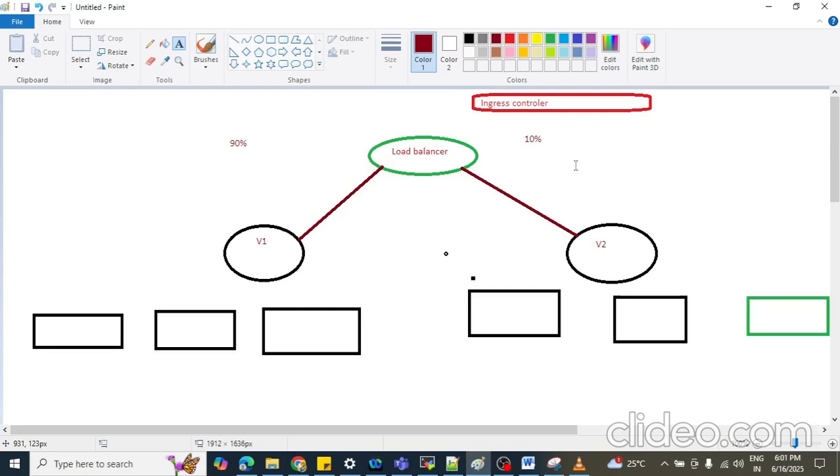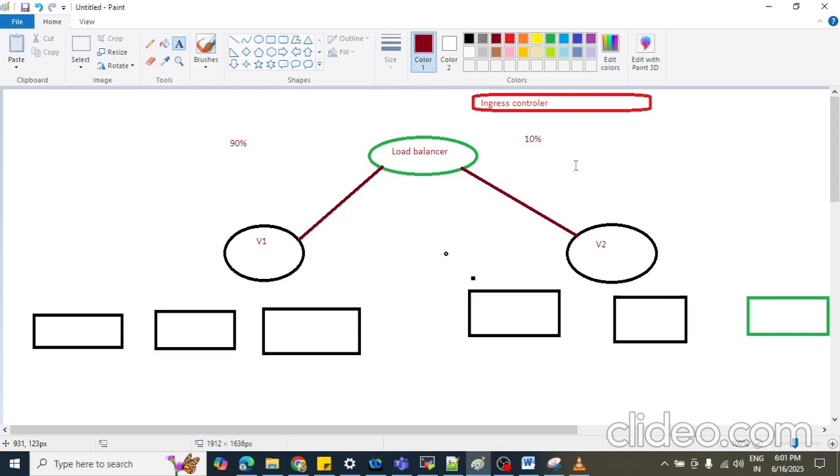For example, sometimes in the Amazon GUI, some users will see one page and some users will see a different page when they hit that particular Amazon URL. That is because some users are accessing version v2 and some users are accessing version v1.